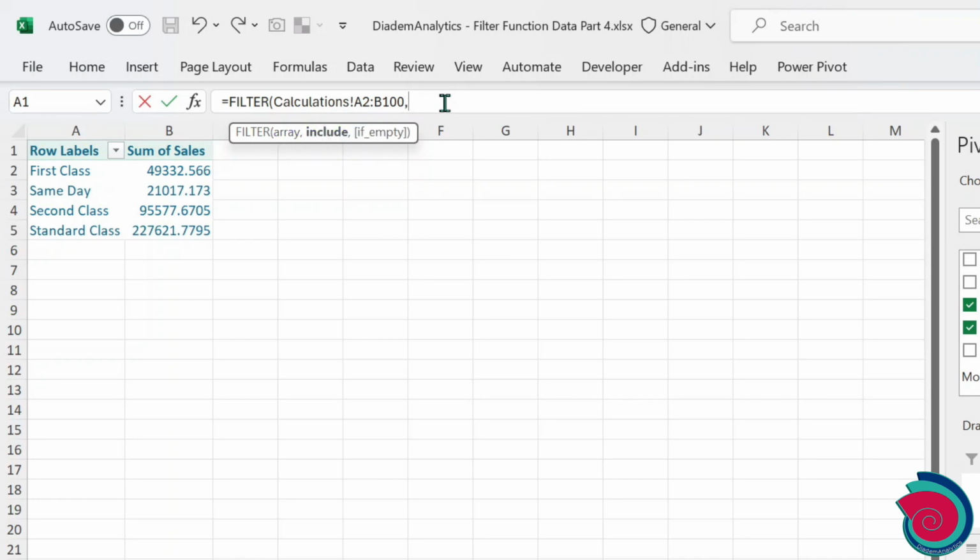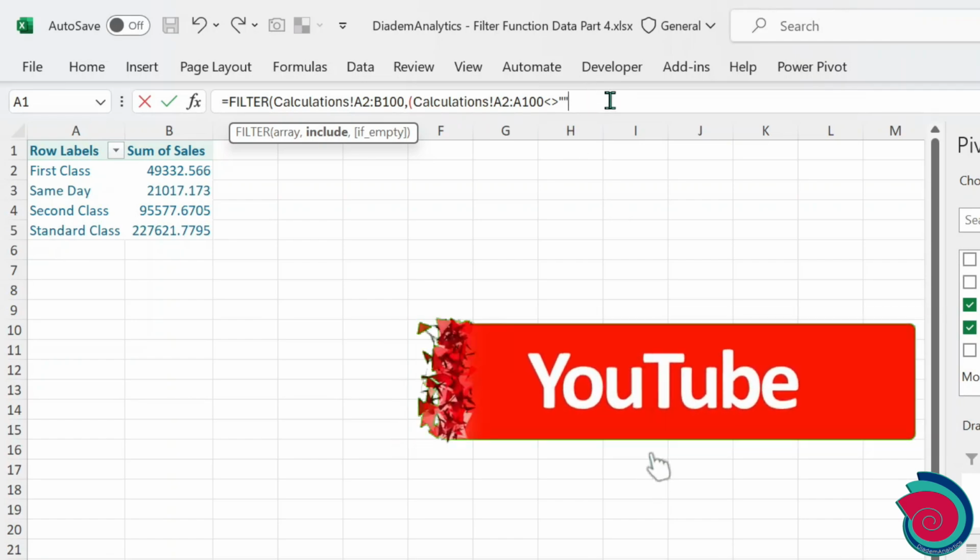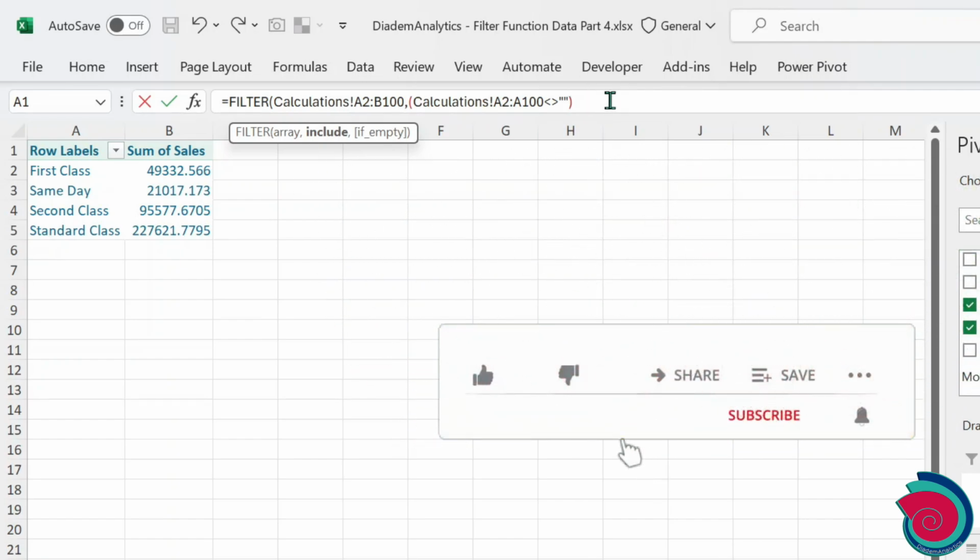the next argument is the include argument, and we have two conditions we want to capture in the include argument. The first one is to remove the empty spaces we have provided for in this array. So we want where A2 to A100 is not equal to empty. So it's going to remove those empty spaces we have provided there. Then let's close that condition and we're going to multiply it because it's an AND logic. Okay, next